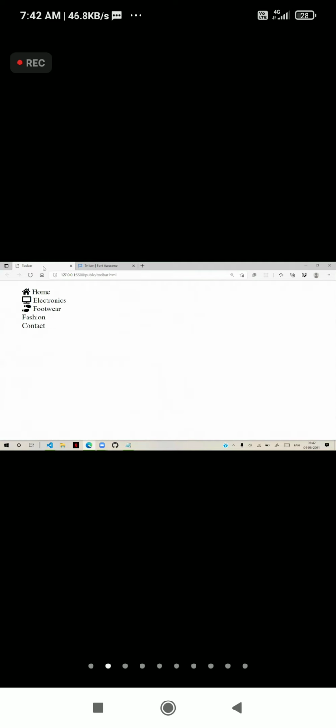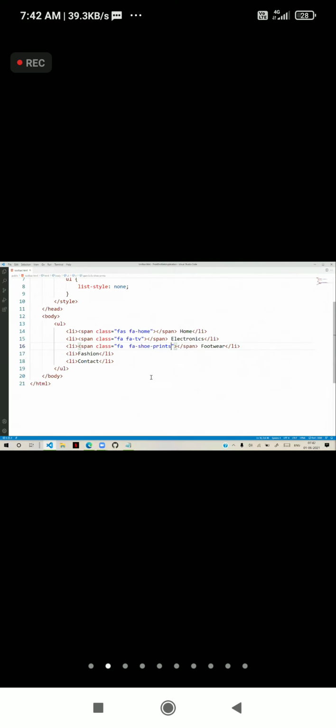So for fashion, I am using here span, and I am using class, then FA and FA, I have t-shirt. And for contact I have span, and the class is equal to FA email. So like this we given a span, and here you can see the symbol.